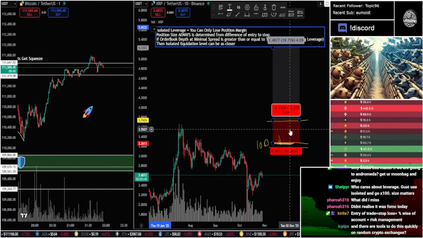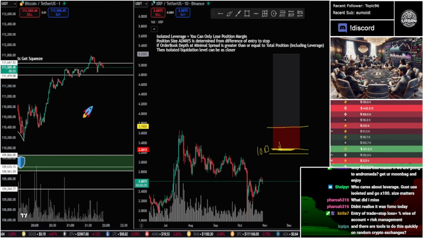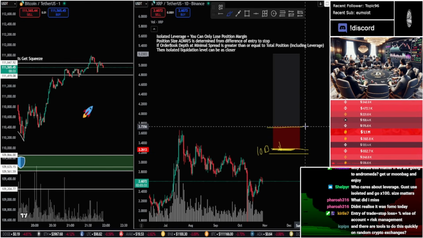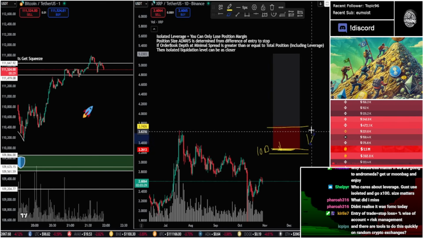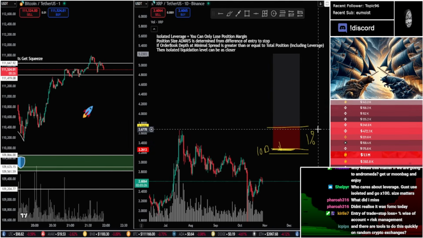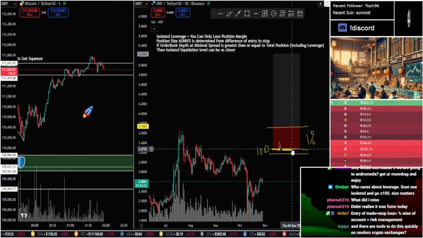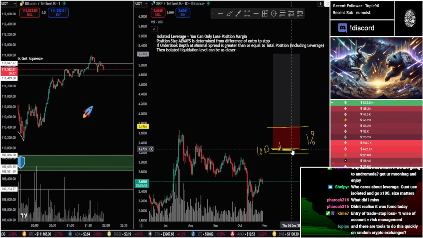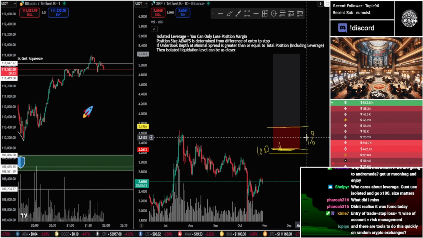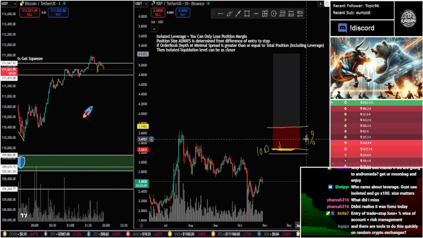So like, let's imagine that the distance between the entry and the stop loss is 1%. Then you would want to use like 50x leverage, because your stop loss should get triggered, so you're not going to get liquidated anyways. But if the distance between your entry and your stop loss is 1%, and you're using 50x leverage versus using 2x leverage.